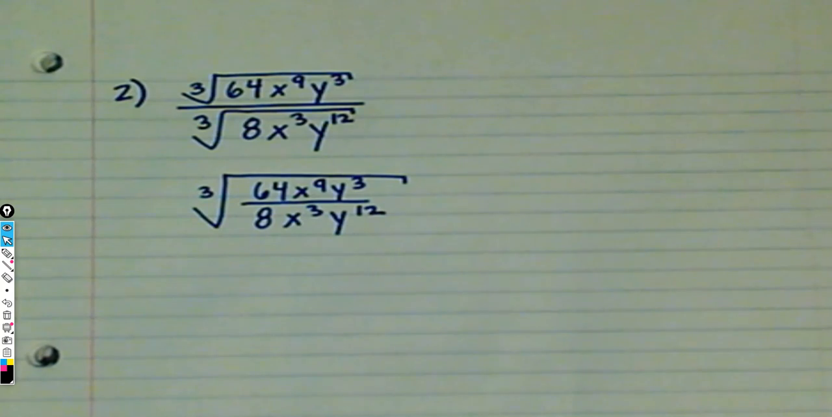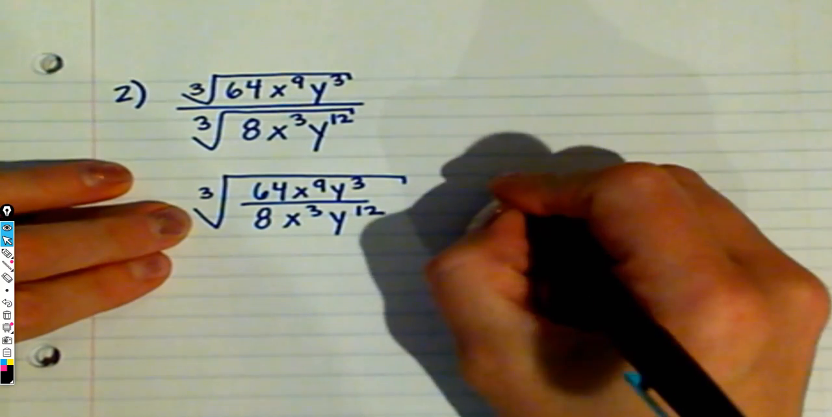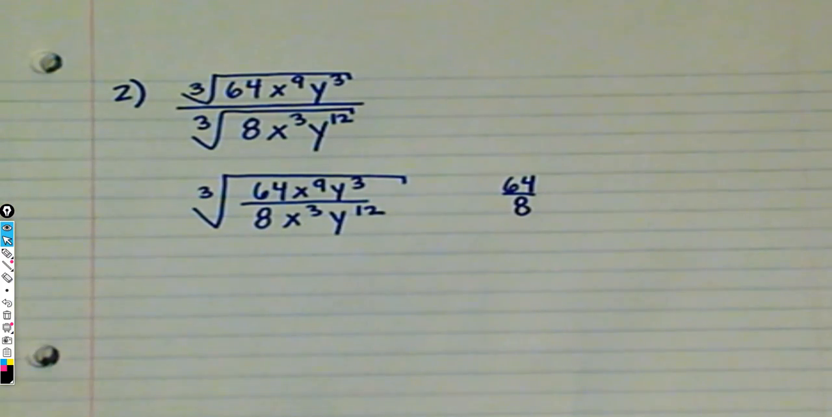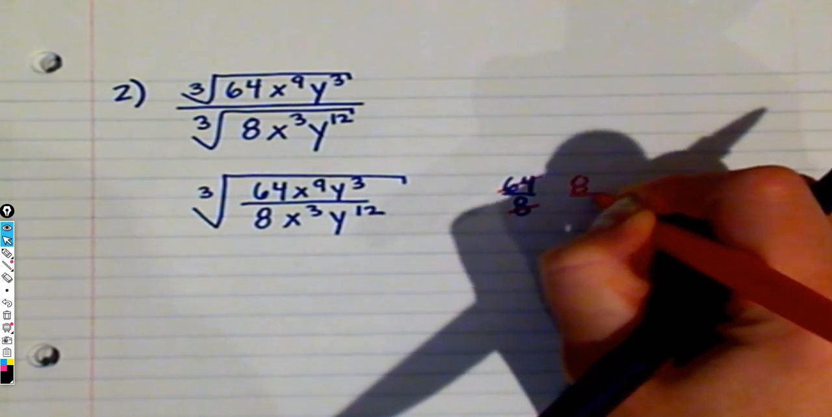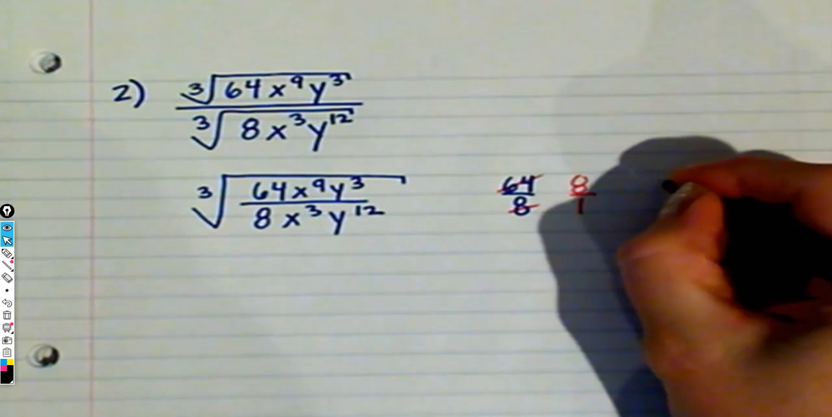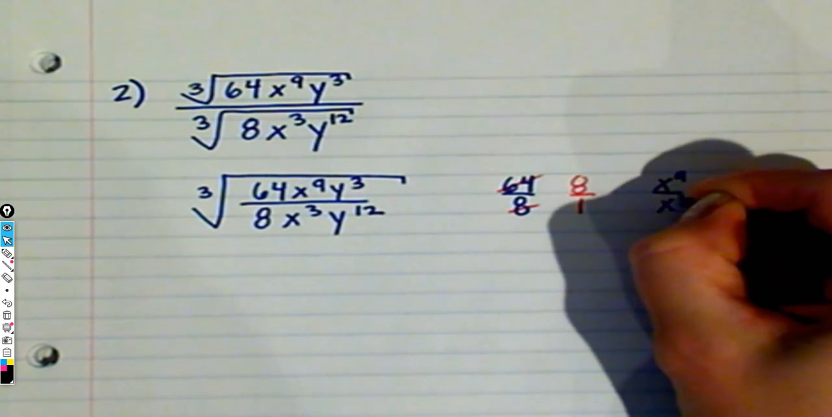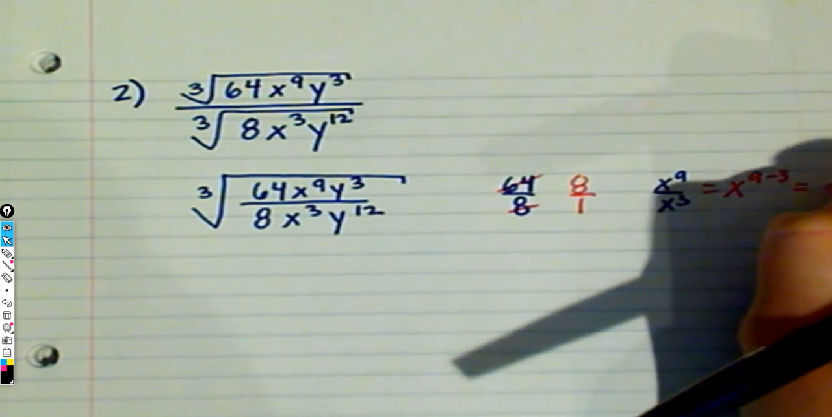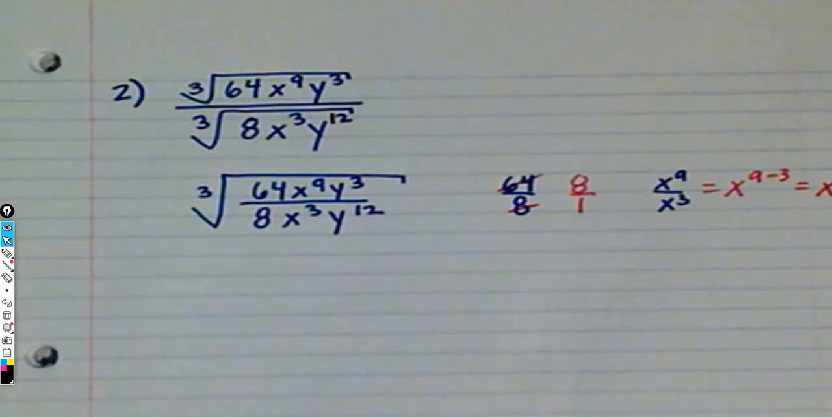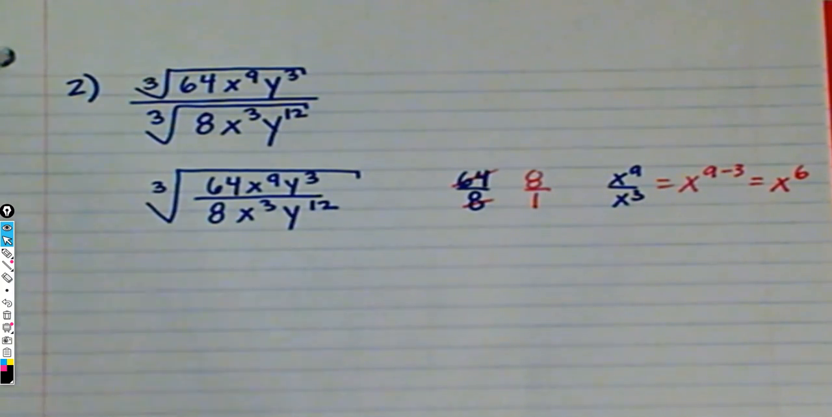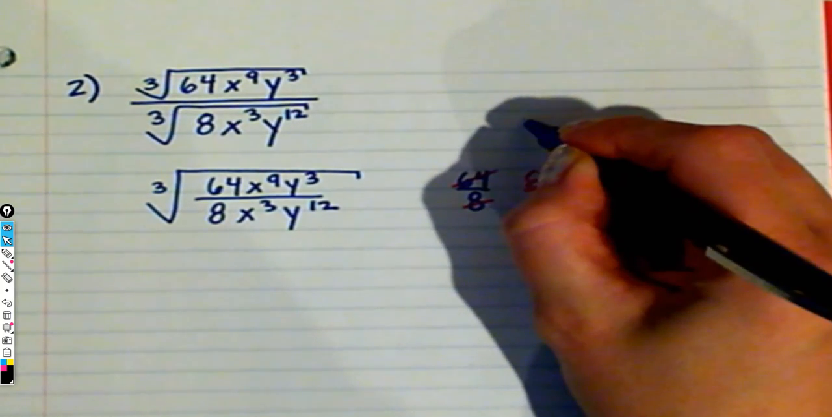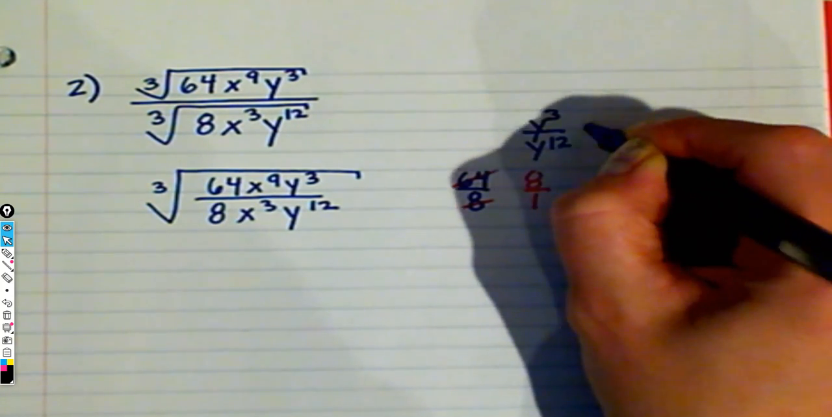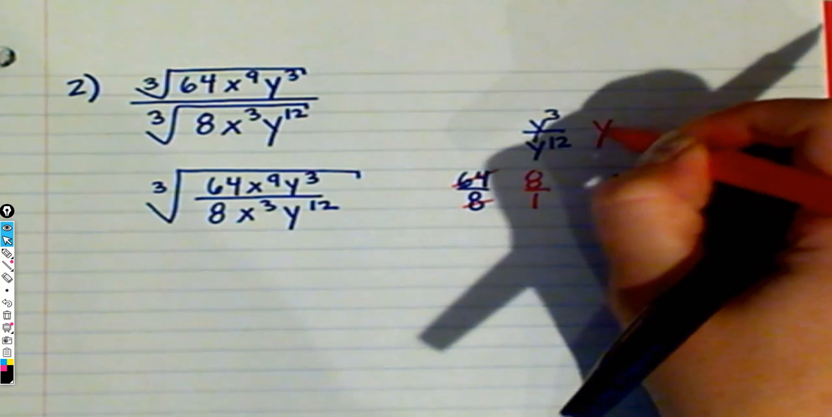All right, and now I'm actually going to do that simplifying or reducing. Okay, so I have 64 over 8, and that's easy. That's just 8 over 1. Okay, x to the 9th over x cubed is x to the 9 minus 3, x to the 6th. All right, not too bad. Now let's look at the y. A little bit trickier here. So we have y cubed over y to the 12th. And when we simplify that,